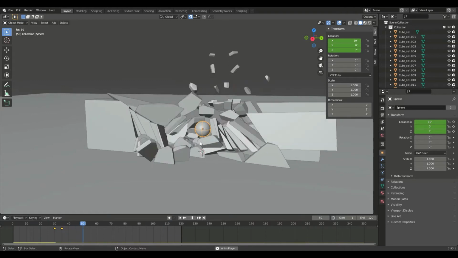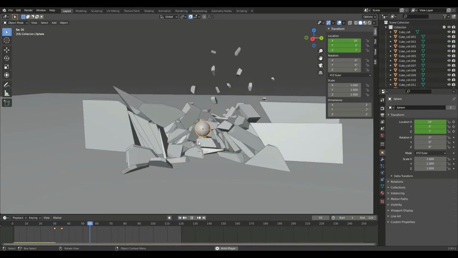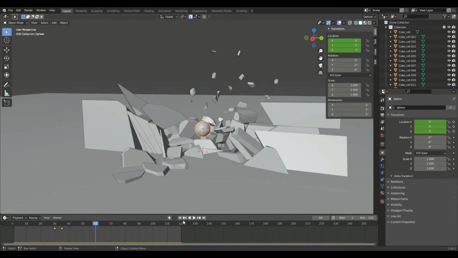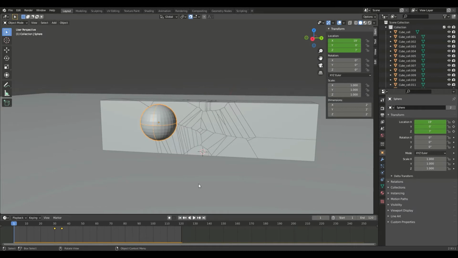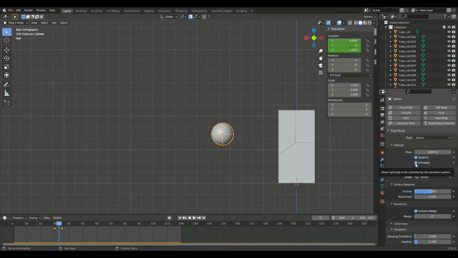But the ball isn't acting with physics, and we want it to act with physics, so it rolls along the ground with all the other pieces. So what we need to do is go to the frame before it hits. So this frame, we're going to go to the physics tab, and we're going to press I over the animated.